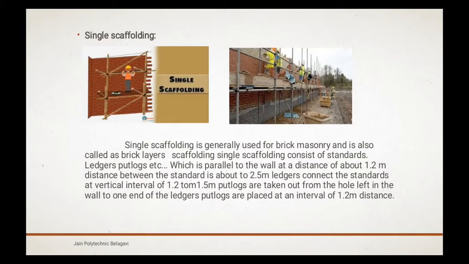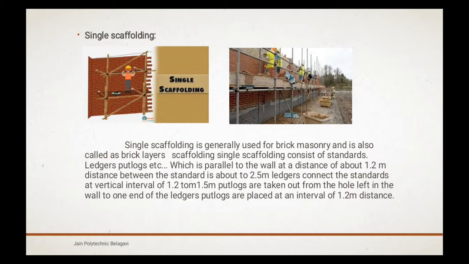So I am going to give a brief explanation of single scaffolding. The single scaffolding is generally used for brick masonry, and it is also called bricklayer scaffolding. Single scaffolding consists of standards, ledgers, putlogs, etc., which are parallel to the wall at a distance of about 1.2 meter. The distance between the standards is about